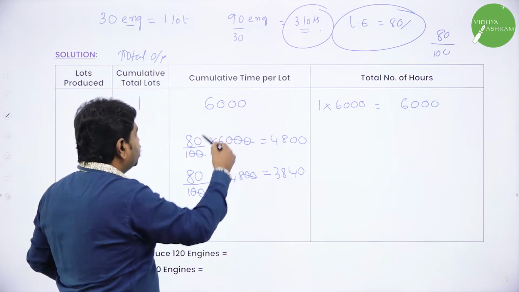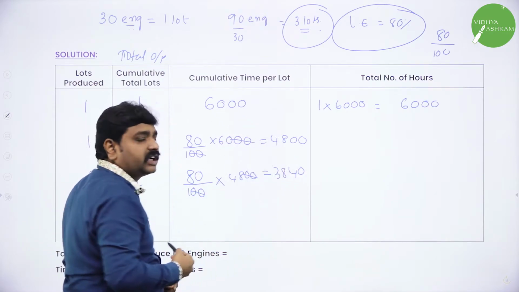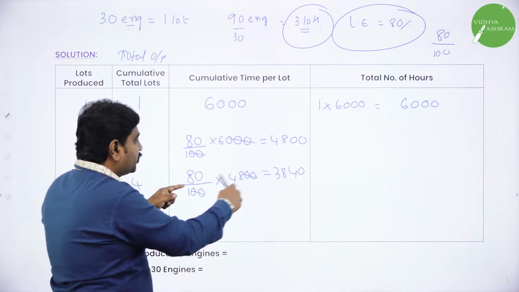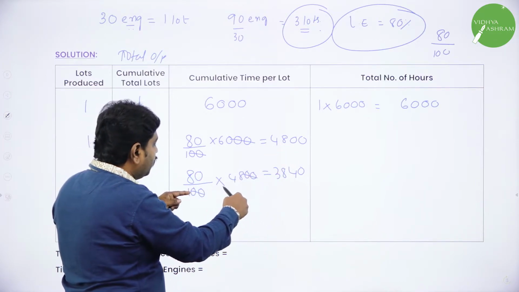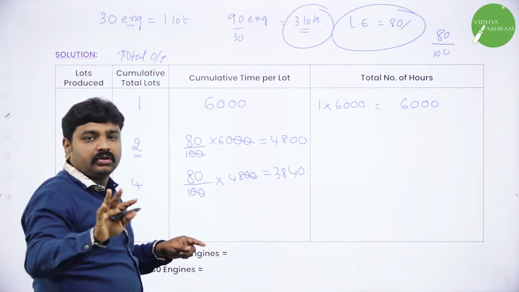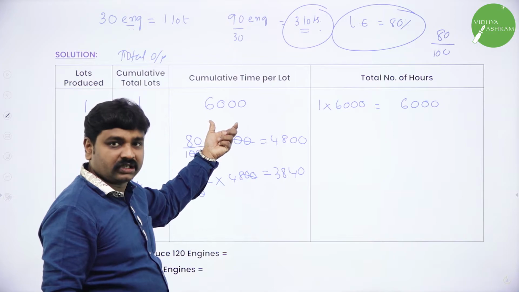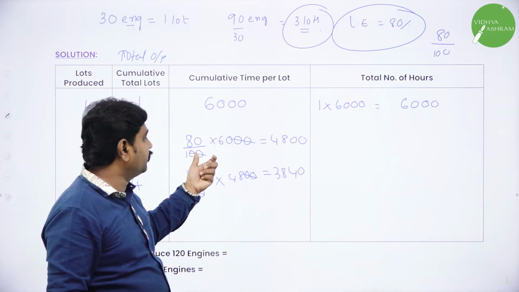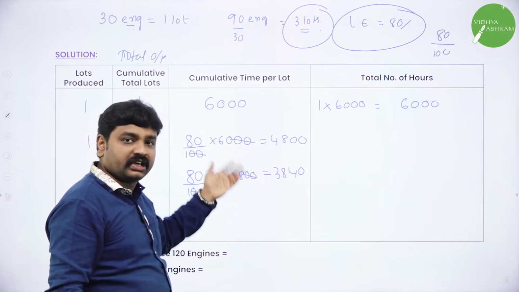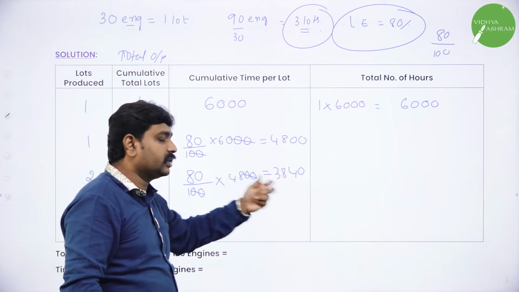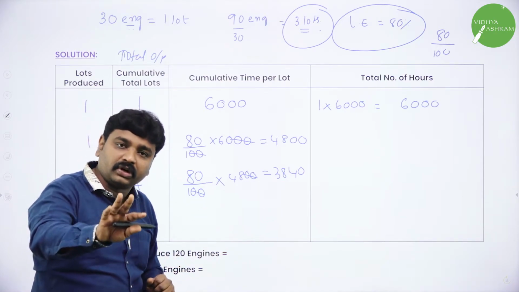Now they told 80%. 80 by 100 of above time. Above time is 6000. So it will become 4800. Then next is 80% of this time, the previous time. Previous time is 4800. 80 by 100 of 4800 you will get. So do you know how to fill the third column? The first one they will have given, 6000. The next is 80% of previous time, 80 by 100 of 6000. That will give 4800. Next 80% of this 4800, like that. If you have a next one, then it will be 80% of the previous. I hope all of you understood this.